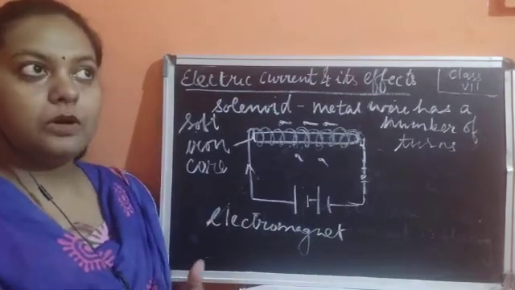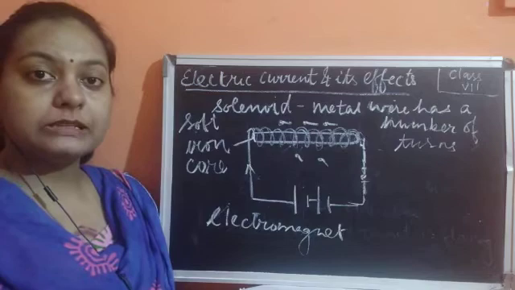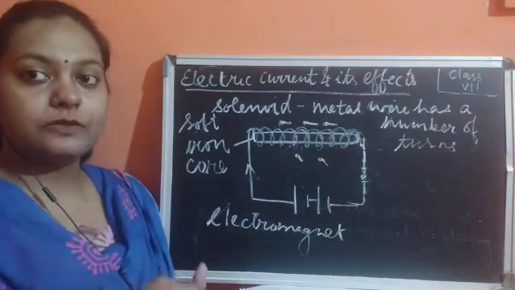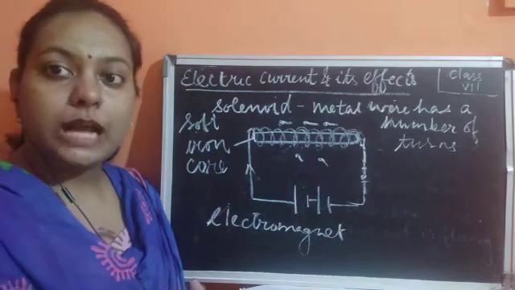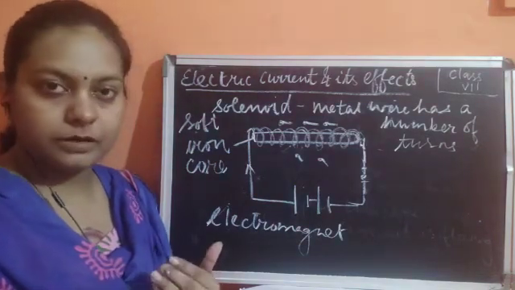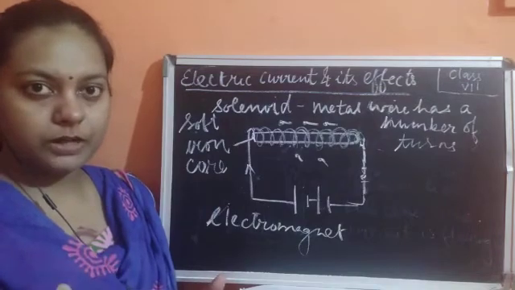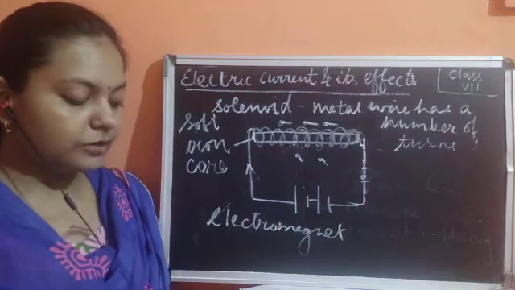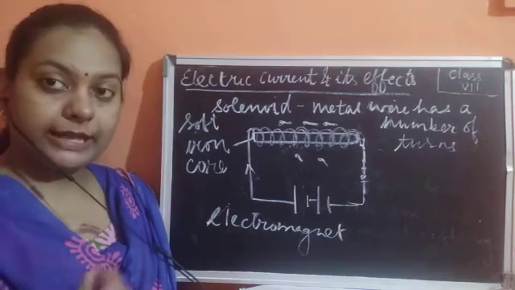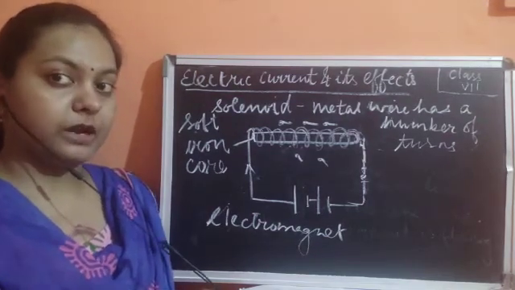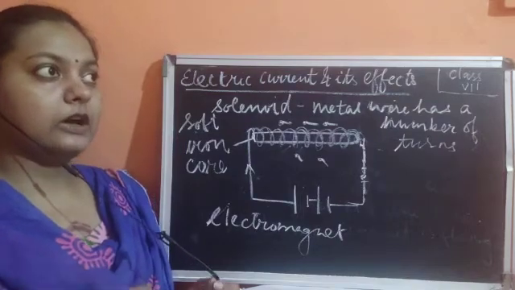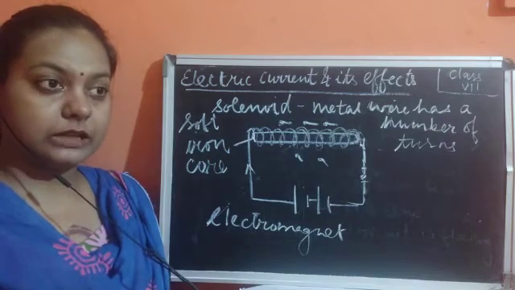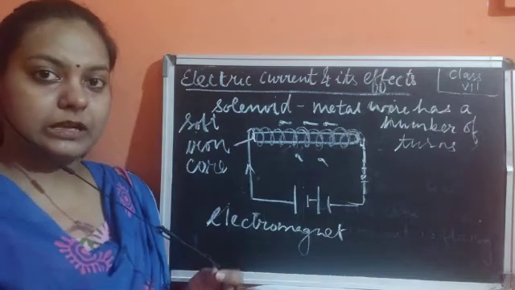Now the next thing is that sometimes a ship sinks inside the ocean, or an aeroplane crashes and goes inside the ocean or a water body. Now what happens? We need to take out the metallic object from the water body. So there also we use electromagnets. These electromagnets are utilized for taking out metallic objects from underwater or from inside the sea, or for taking out metallic things if they are present in a particular place.